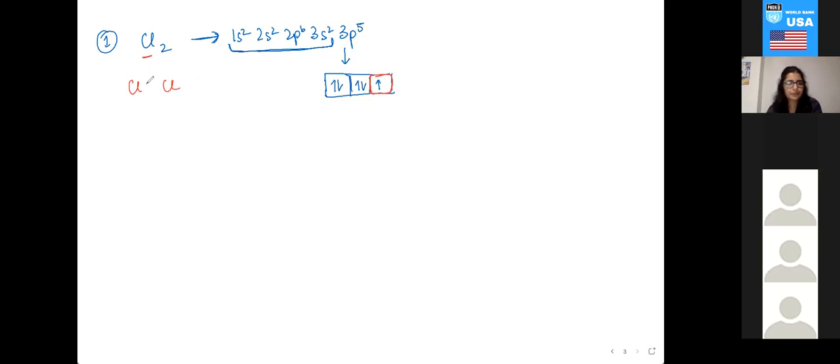PP overlap. Single bond. In chlorine, a single bond is present. Only 1 electron is shared by each, so there's 1 pair of electrons. So what happens is, the first chlorine's